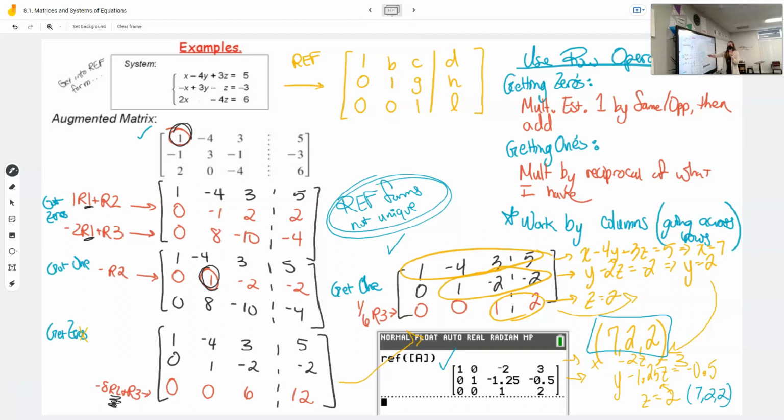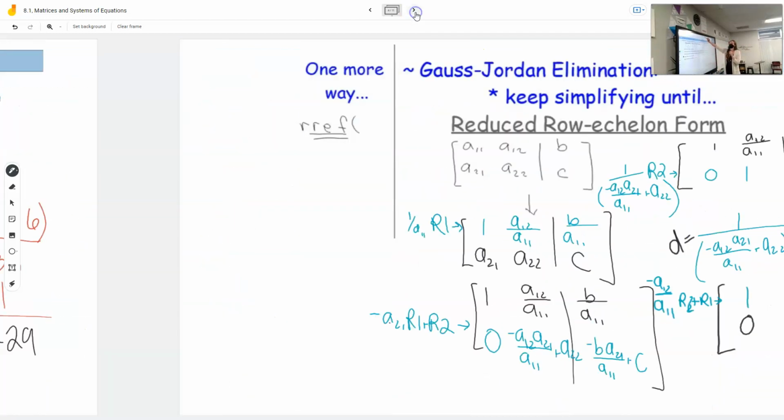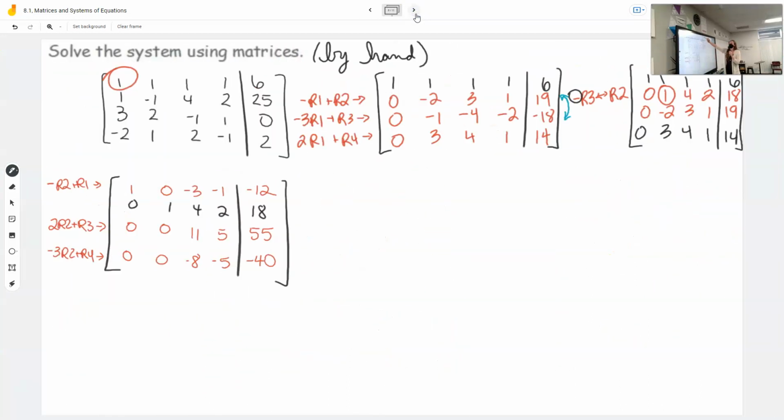But this was row echelon. I only did the bottom. I didn't do the top half. Now I'm doing the whole shebang to get RREF. But I use whatever row has my established 1, which this one was row 2. The first one was row 1. The next one is about to be row 3, except,